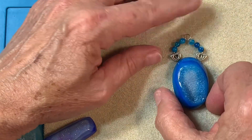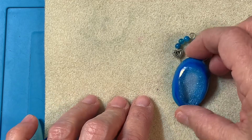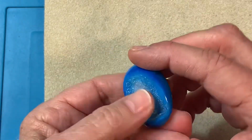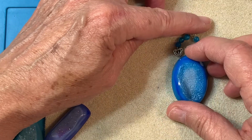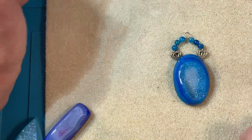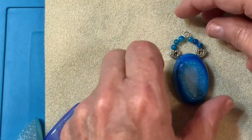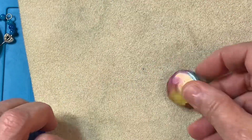So it's going to be something like this, right? It'll be our normal wrapping this and soldering this and then taking it to the next height with some decorative beading bail. So that will be one of them. And then I had the idea with this,